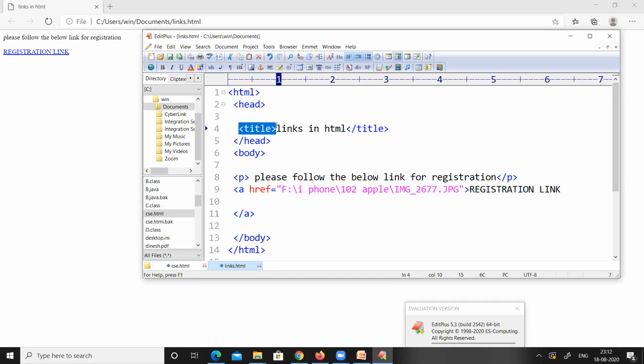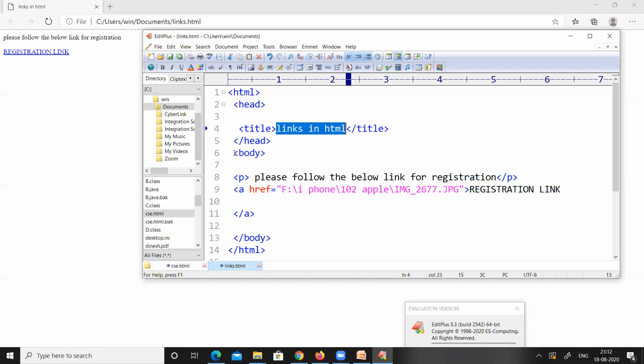Here the title of our web page is "links in HTML," and you can see the title here. Then we closed the title and the head tag, and the actual information we want to display should be within the body tag.